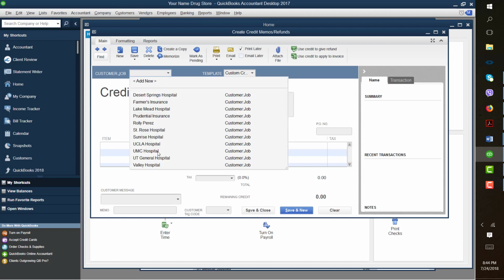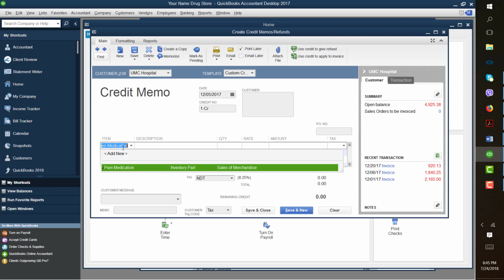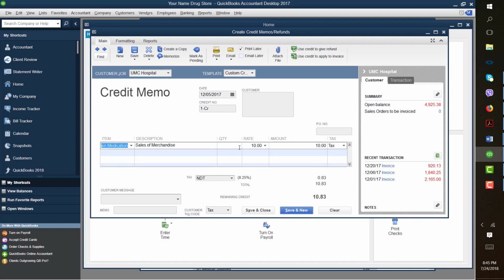So in the first example, it was returned on December the 5th by also UMC, 50 units of pain medication. And this is referencing credit invoice number 1 credit, and you just need to identify the item and put your quantity 50, and note the check figure will show